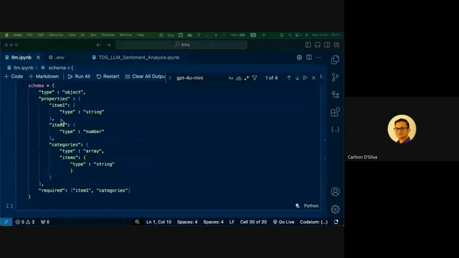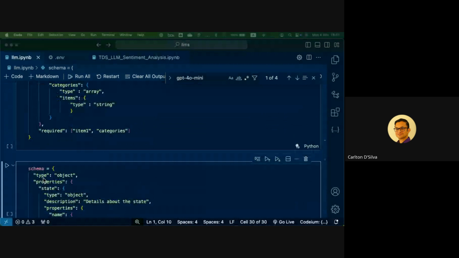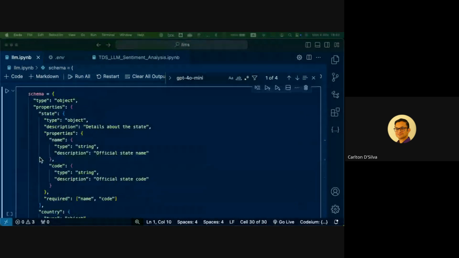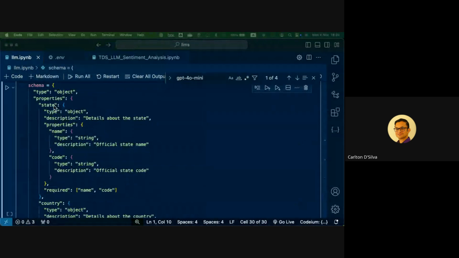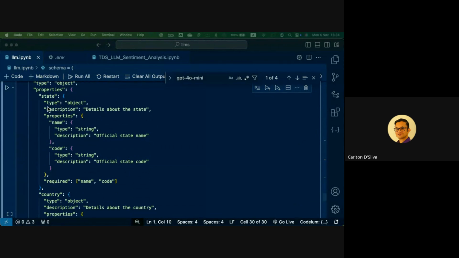Remember these items we were talking about? Those are the three items inside this object. And then we have to describe these three items, right? Because the application doesn't know what these mean. So that's what we're doing. We're describing what state is. We're saying, okay, it's also a kind of object. And this is just giving some information for us, the users, to help us understand what's going on.